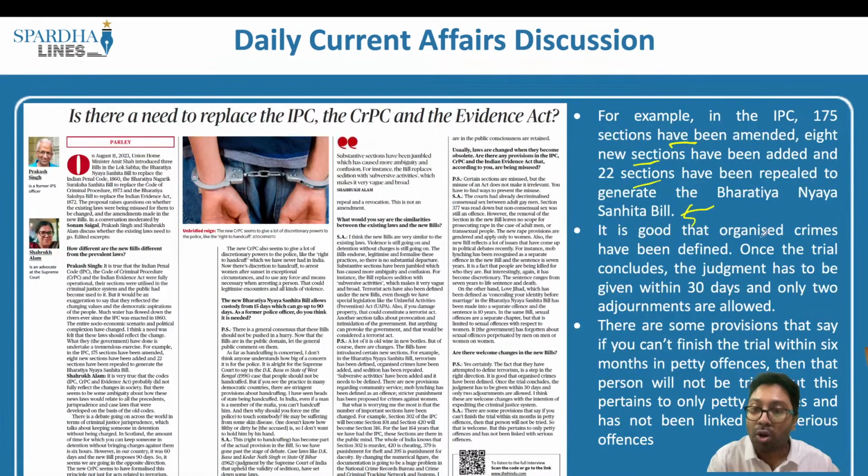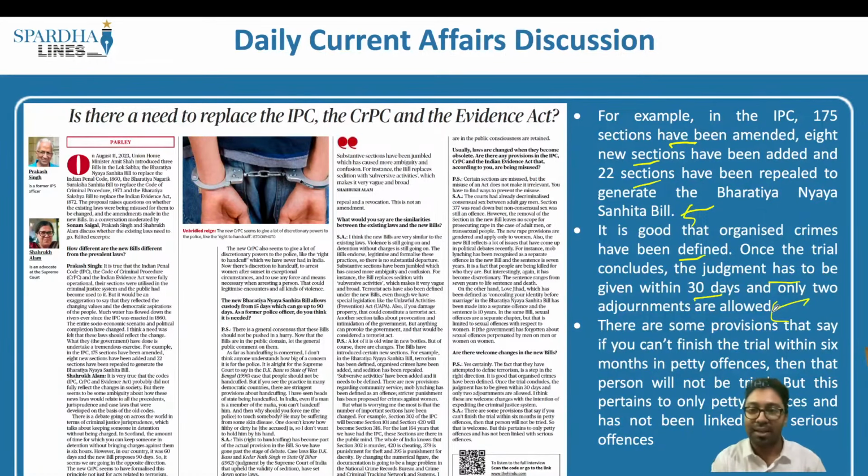It is good that organized crimes have been defined. Once the trial concludes, the judgment has to be given within 30 days and only 2 adjournments are allowed. So what is organized crime? For the first time it has been defined in the Indian Penal Code, and when such a trial has taken place, the judgment has to be delivered within 30 days. So there is expedition of this particular process and the judgment will be delivered as soon as possible